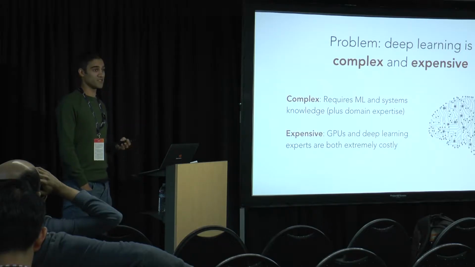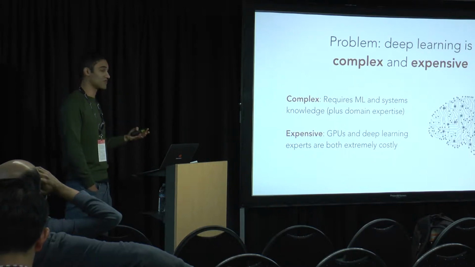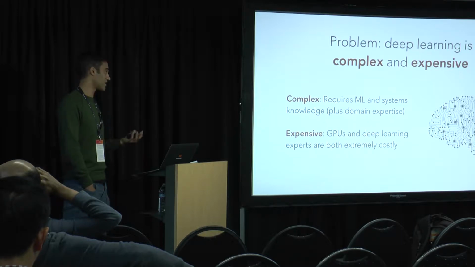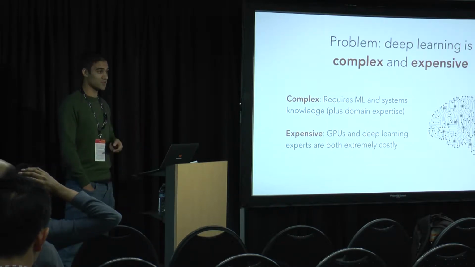In terms of things being expensive, there's really not many people who have all of these expertise. And the very rare number of people who do are really hard to find, really expensive to keep. Beyond that, there's a computational issue in terms of expense. So GPUs are very expensive. They're kind of where everybody's running deep learning these days. They're also rapidly changing, so they depreciate very quickly. So both in terms of hardware and people, things are really expensive.